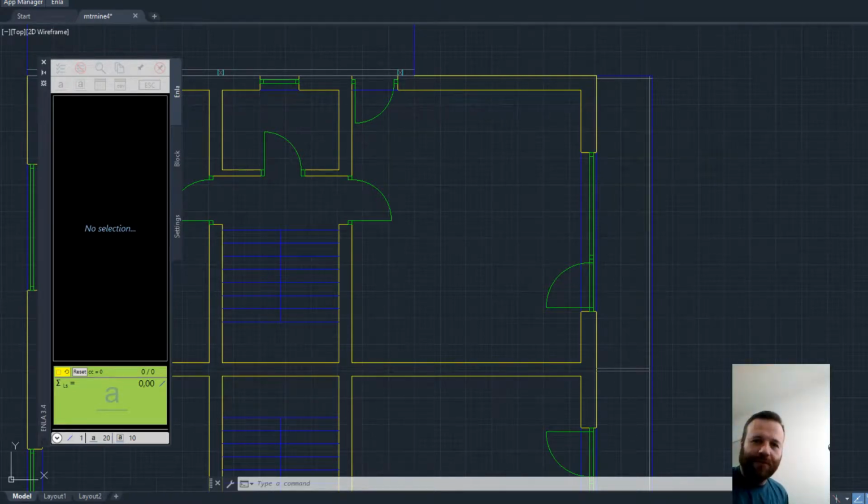So hello and welcome to another Enla tutorial, and today I'm going to show you how to insert just about any text to your AutoCAD drawing. So let's start. So we have AutoCAD up and running, we have Enla up and running, it is here, you already know this,